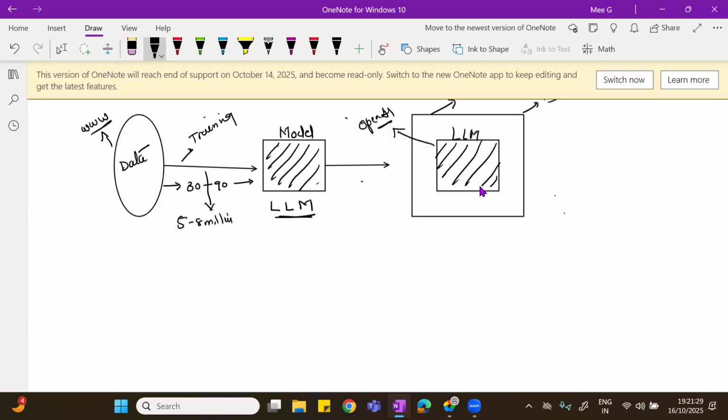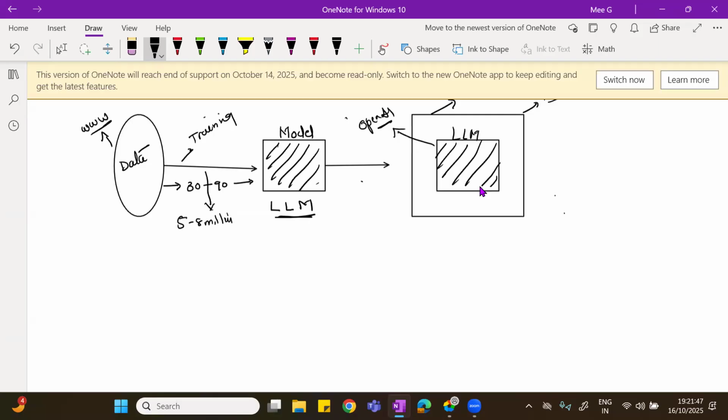That is how it is trained. And not every company can do that. Only the companies which are well reputed, financially and technically, can do it.